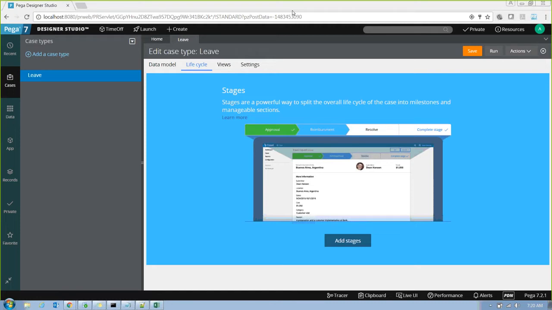So when the end user creates a new case or a new work object in my application, it is the flow that triggers first, and on the flow, the end user will be navigating. He will see something which is configured on the first shape of the flow. The end user moves to the next shape in the flow. He will see something that is configured on the next shape of the flow. So the end user is navigating on the flows, and whatever you configure on the flow is what he experiences on the screen. Okay? The first thing that we are going to do is designing the stages of your application.